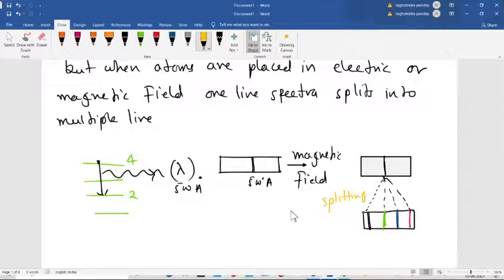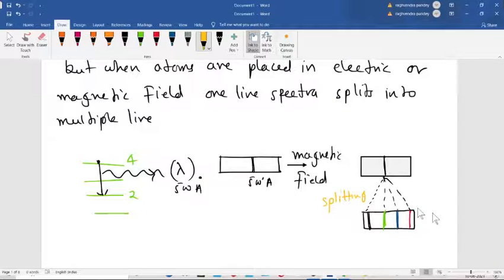That disproved it. People asked why they are giving these multiple wavelengths. Please explain. So he couldn't. From this model, he couldn't explain. Then we move on to the quantum mechanical model, which explains this. So we will study the quantum mechanical model, which gives the explanation of this splitting.